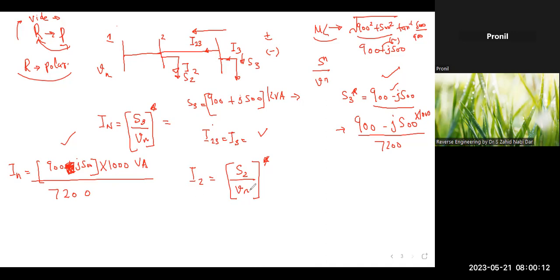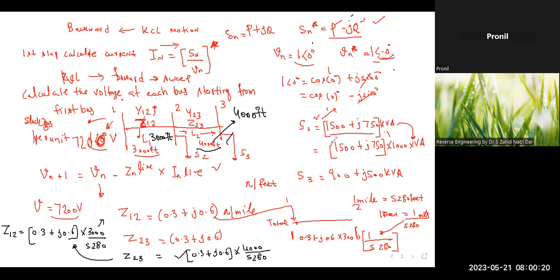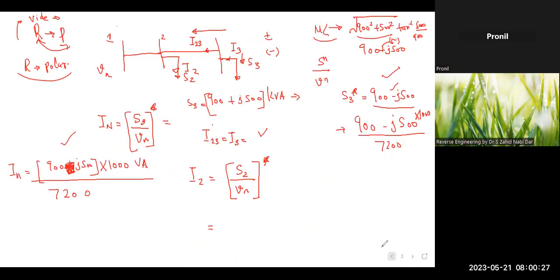So here S2 by Vn. What is the value of S2? The S2 value I had mentioned in the previous slide also. You see, the S2 value is 1500 plus j750. So S2 would be 1500 minus j750 because of the conjugate. This minus sign is coming because of the conjugate. Divided by